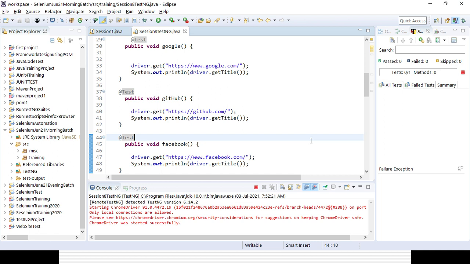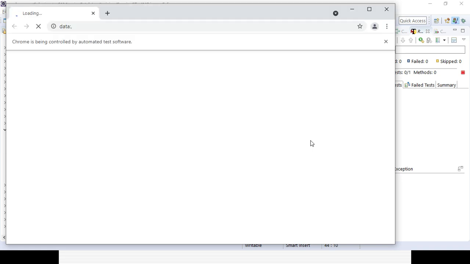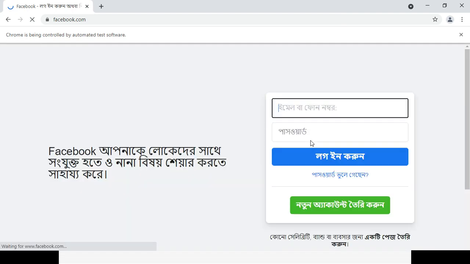You can see Facebook is opening first. It will quit the browser once it has opened successfully, because I have given quitting in the tearDown method.